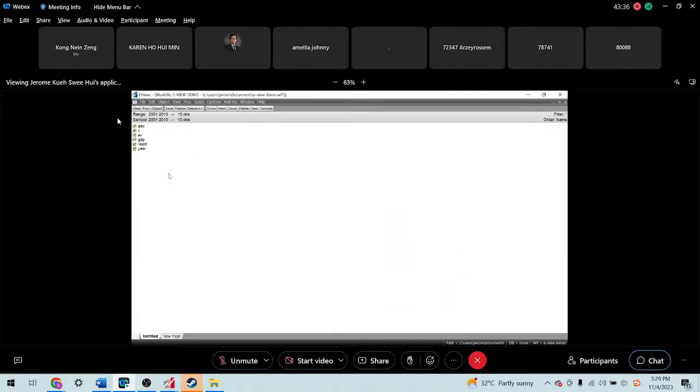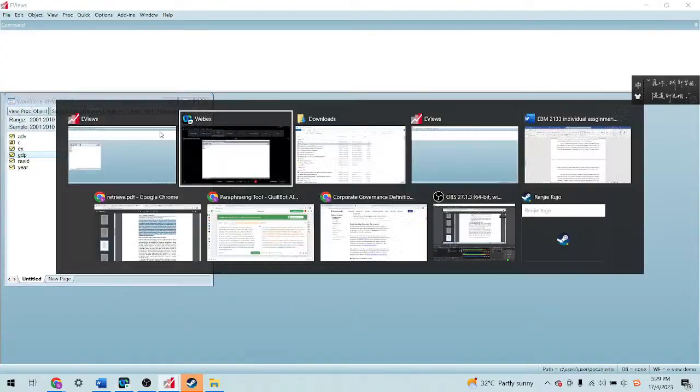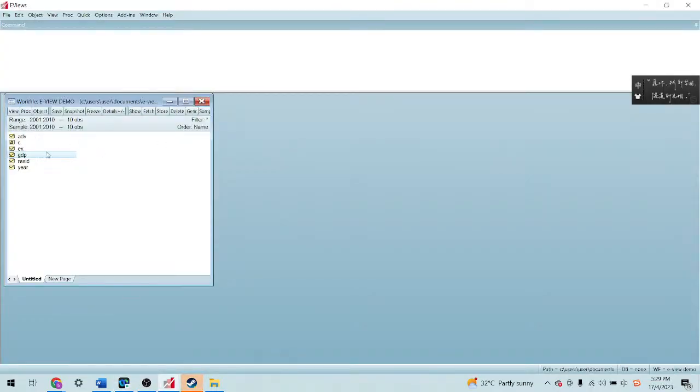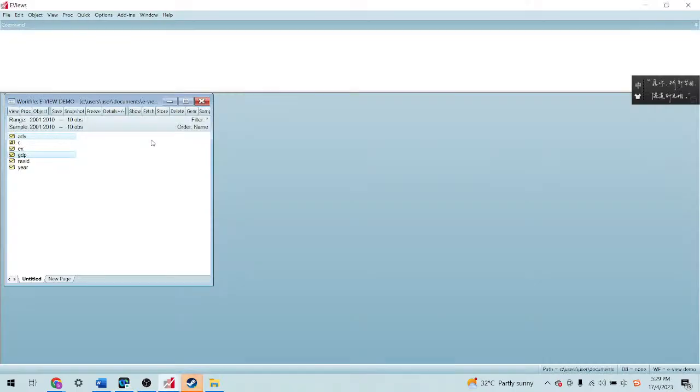Right. So now, what we can do is, if you try to run a simple analysis, you click the GDP first, and then you press the control button, then you click the ADV. Okay. So that the sequence, you can open the group, then you can see the sequence is the GDP first, then followed by the ADV.